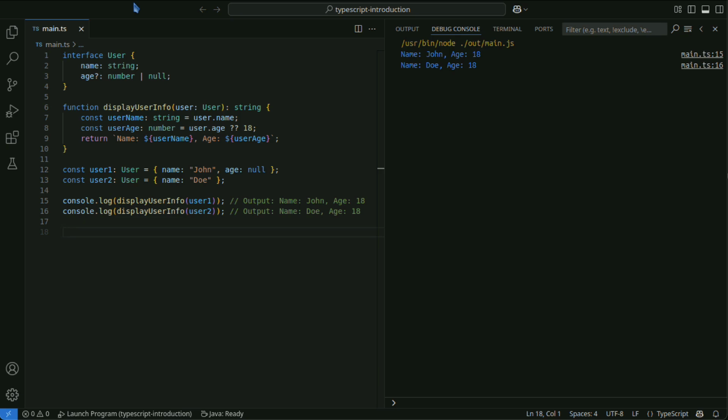The nullish coalescing operator helps set a default value only when the value is null or undefined. Unlike the traditional logical OR operator, it does not treat false, zero, or empty strings as falsy, making it especially useful when you want to preserve those values. Additionally, combining it with TypeScript's type system allows for creating more robust and readable code. By effectively using the nullish coalescing operator, you can concisely write logic for setting default values while reducing unnecessary null checks.